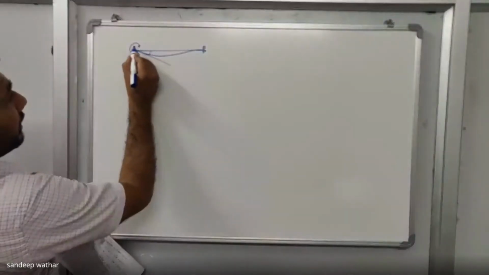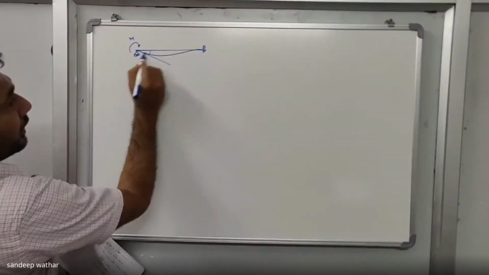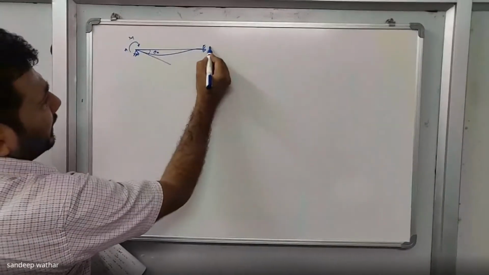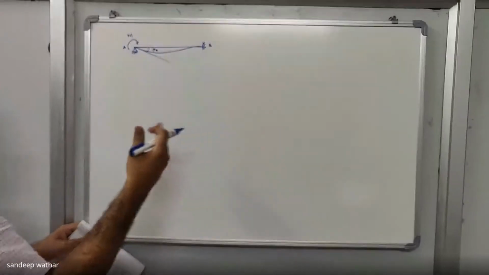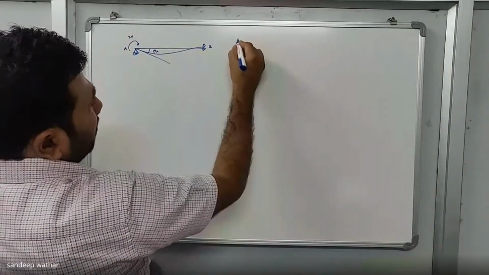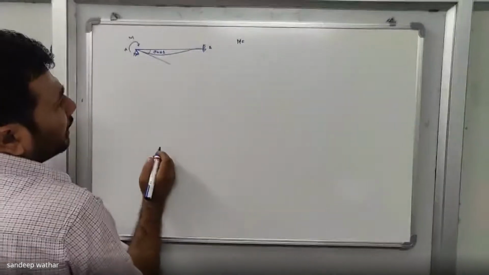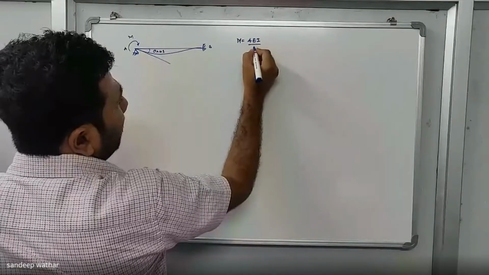First, we determined how much moment is required to create the unit rotation over here. Assume this as theta A, this is the A and B ends. So we solved this equation and we got to know how much moment is required to create a unit rotation. So how much was it? 4EI divided by L.